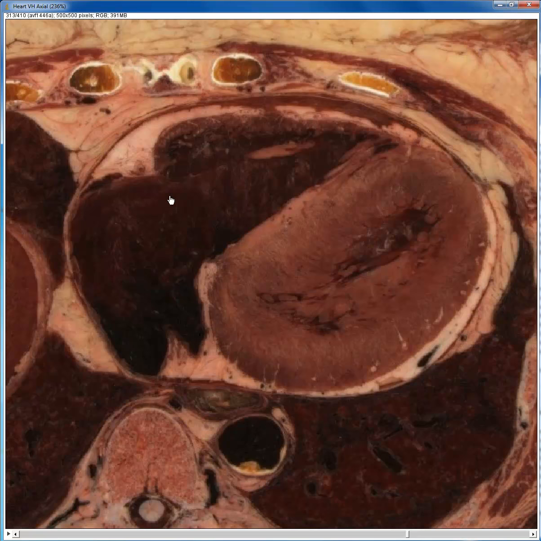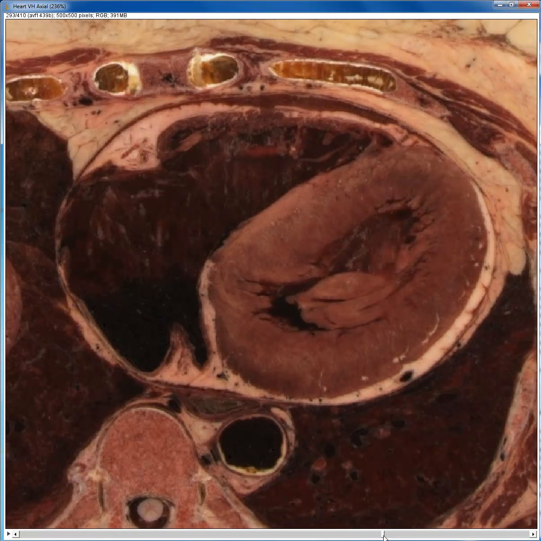So we're in the right atrium. We're going to cross the tricuspid valve and get into the right ventricle. Blood exits the right ventricle and goes into the pulmonary artery. And the pulmonary artery is located along the superior aspect of the right ventricle. So if we follow the right ventricle up toward the head, eventually